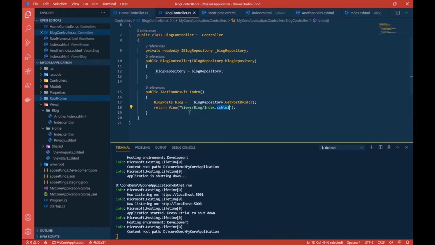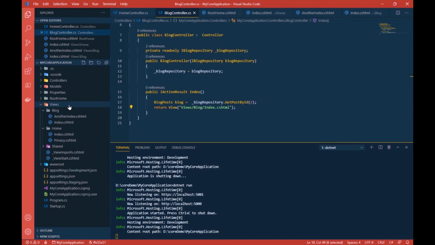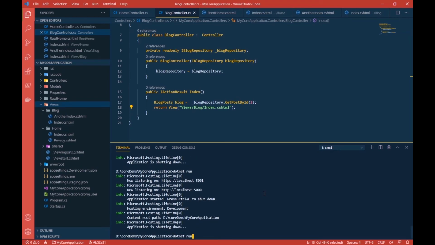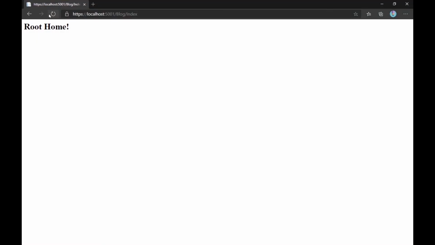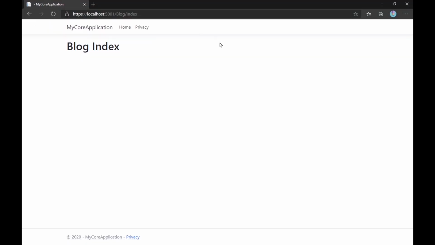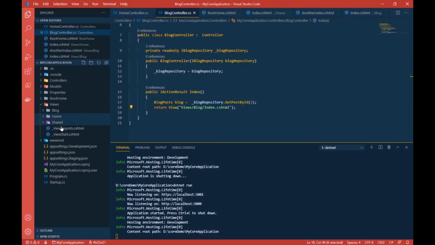Okay, so now what I am telling, and always when you are writing complete path, the complete path should be from the base folder of your application. Okay, so you have to start your path from any of these base folders. Okay, so I have started from views, then I went inside blog, and then I'm telling give me index.cshtml. So let's stop this. Let's run this again. Okay, now let's open our browser. Let's refresh this and it works.